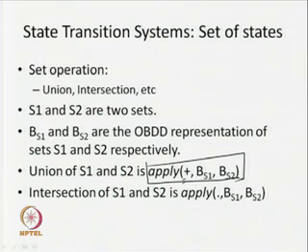After applying this operation, what will happen? We are going to get an OBDD, and that OBDD gives the set of states, which is the union of S1 and S2. Similarly, if I want to perform the intersection of S1 and S2, we can apply the operator dot on B_S1 and B_S2. By application of this, we are going to get the OBDD for